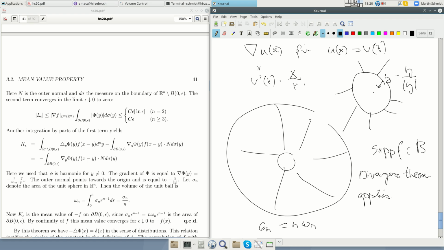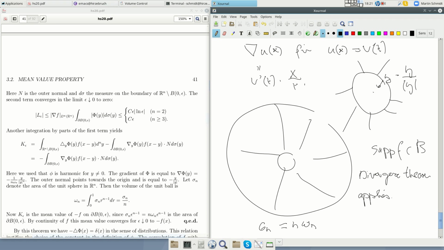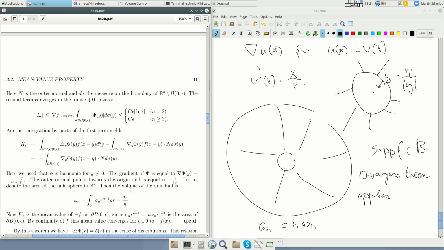The volume of the boundary, sigma n, or the area, maybe I should say the area of the hypersurface, which is the boundary. This is n times omega n. Yeah, this is here by polar coordinates. Okay, so we know that n times omega n is nothing else but the area of the boundary. So this whole expression here, yeah, is